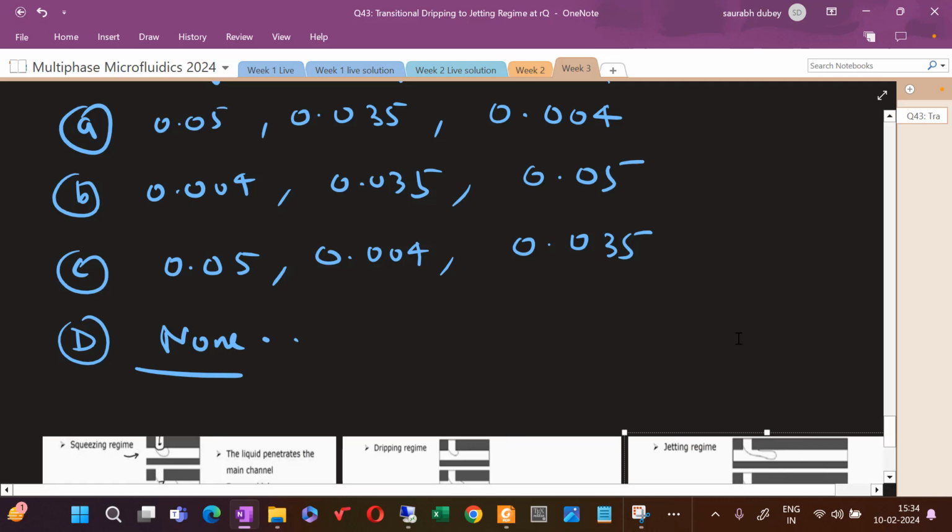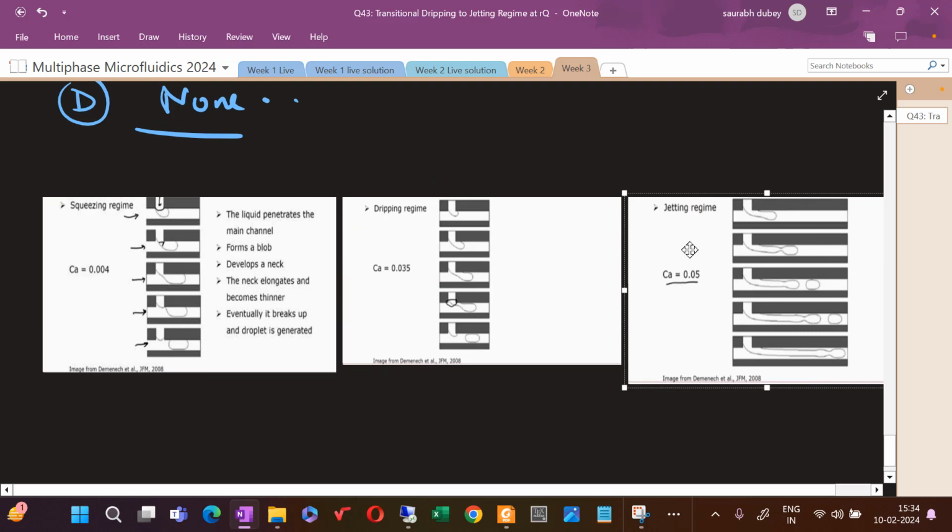Okay, yes. So this jetting happens at a very high capillary number. So if you see,